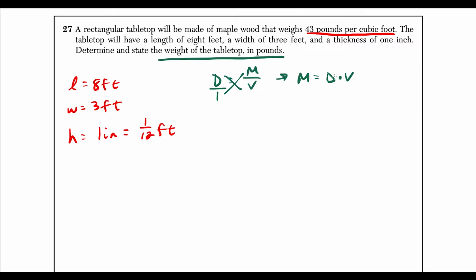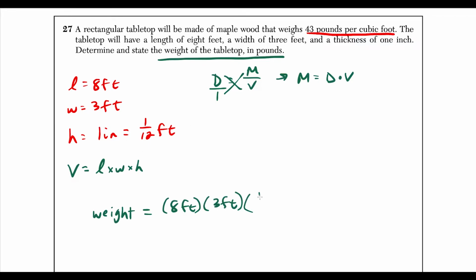So what we have is we're going to multiply the volume, and the volume of a rectangular tabletop we could find by doing the length times width times height. But we're going to do the volume times the density. So now we could just say here the weight, and we'll just write this all out in their language. The weight is equal to, we have the length, which is 8 feet, times the width, which is 3 feet. And then the height, we're going to write it in terms of feet, is 1/12 of a foot,